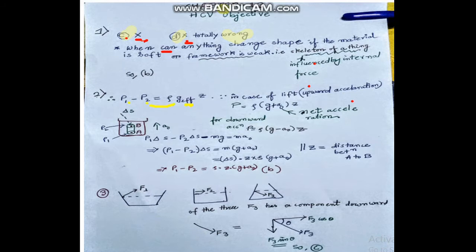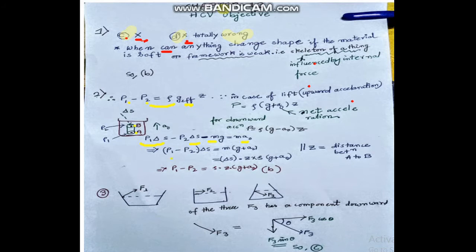This is a container and I am considering 2 points A and B. Pressure here is P1, pressure here is P2. Now the system is accelerating upward. So what we have? This is F1 minus F2, and the net force will be m times a naught. We need to subtract mg. This is because the gravitational force is downward, it's not in the upward direction. So F1 minus F2 minus mg equal to m a naught.